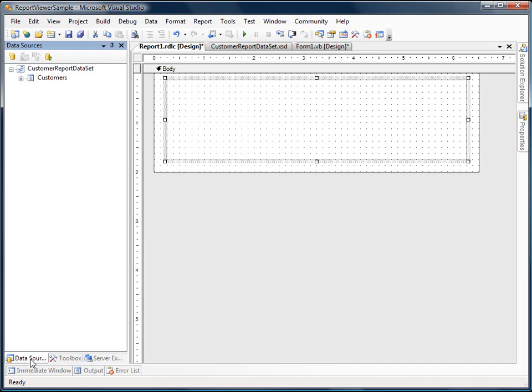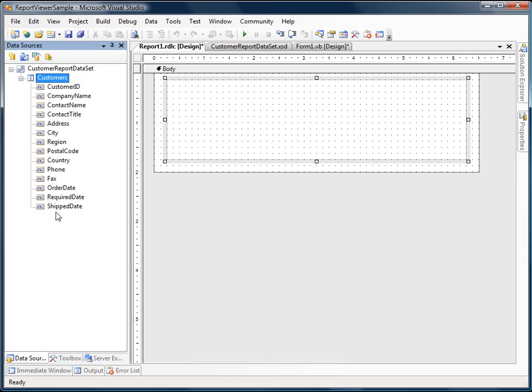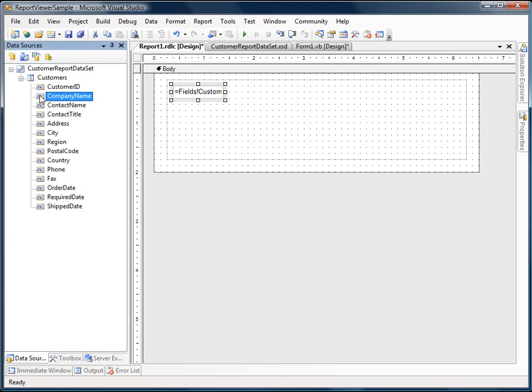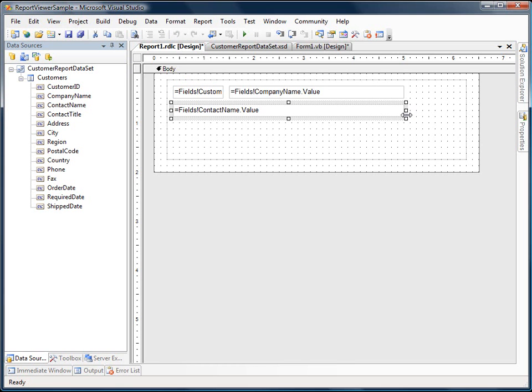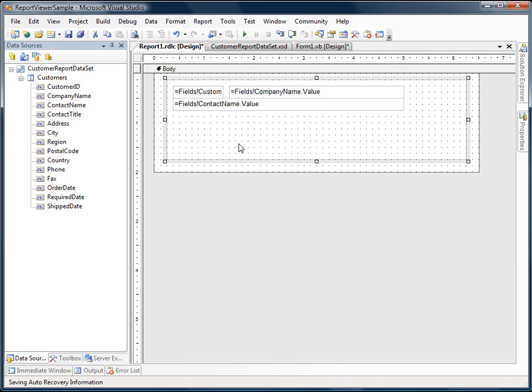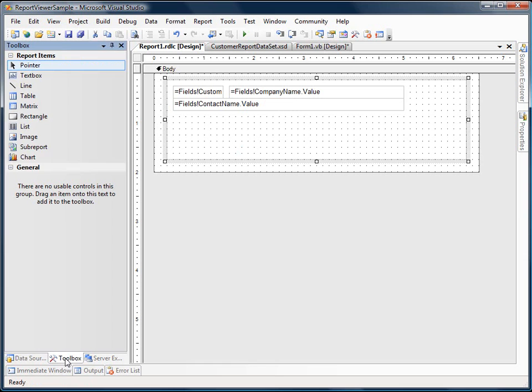Now we can go over to the data source window and we'll see our data set here. And we can expand customers, and here are all the fields we're pulling from the database. So I'm going to just drag the customer ID, the company name, and the contact name onto our report. Then what we want to do is add a table of our orders underneath each customer. So I'm going to go back to the toolbox, and I'm going to drag a table into this